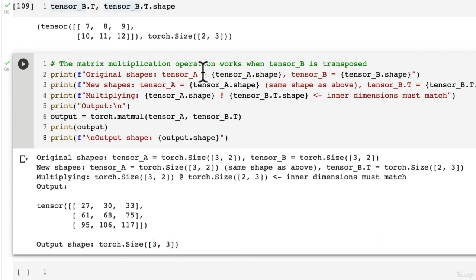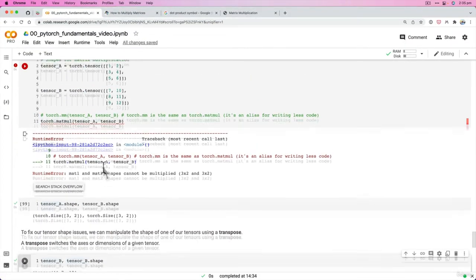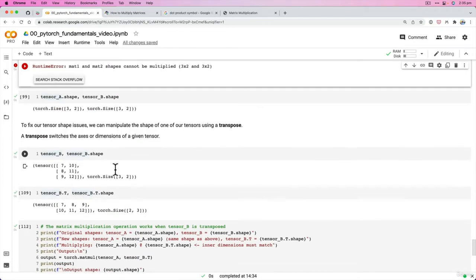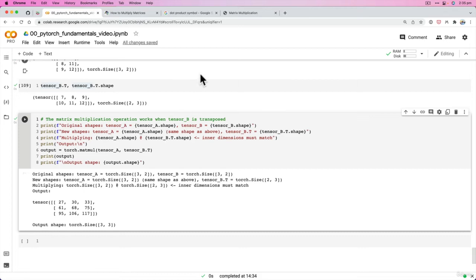Now, of course, you could rearrange this, maybe transpose tensor A instead of tensor B. Have a play around with it. See if you can create some more errors trying to multiply these two, and see what happens if you transpose tensor A instead of tensor B. That's my challenge. But before we finish this video, how about we just recreate what we've done here with this cool website